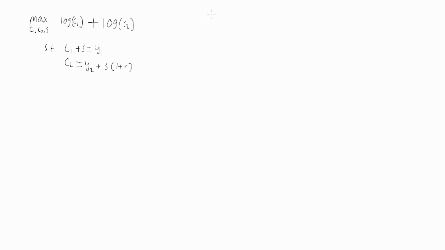So to solve this model using the Lagrangian multiplier, the first thing I'm going to do is find the intertemporal budget constraint. So I'll begin doing this by rearranging both the period budget constraints in terms of S. So this is what that will look like. C1. So that's for the first period with S on one side of the equation. And then for the second period, we will have